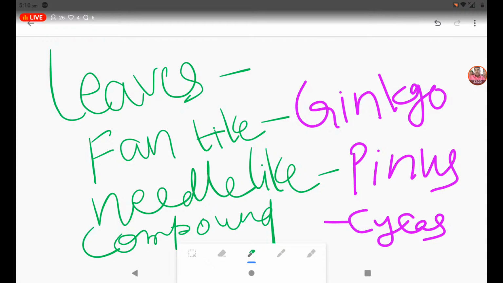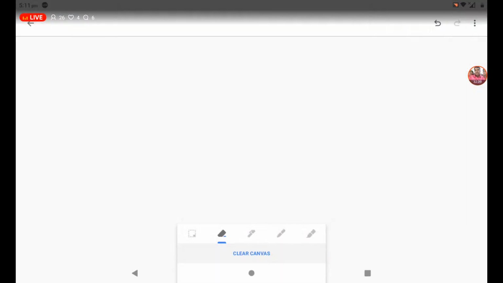These are the three varieties we found in case of NCERT. Once again, a fan-like leaf is present in the ginkgo. Needle-like leaves are present in case of Pinus. A compound leaf, a pinnately compound leaf, is present in the cycas. And next, if we take specials, so the leaf which bears the